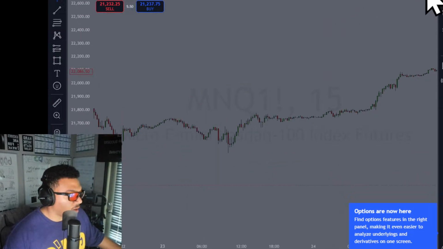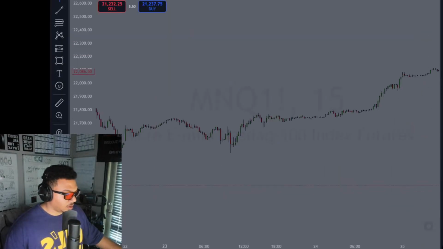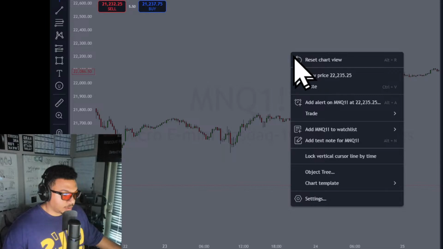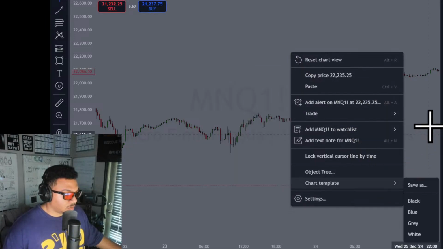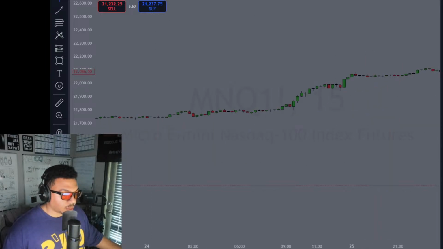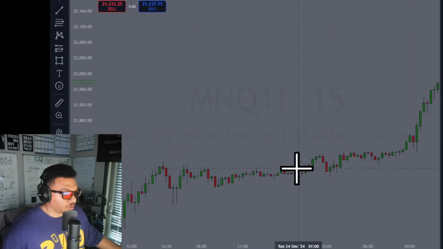Let me zoom in on these candles. I want to make sure that the candles look beefy. Give me 1 second. This is something I will be working on, just making sure that you guys can see everything in a better format. Okay, that's not going to do it. Give me 1 sec. I just have to do a weird scroll.